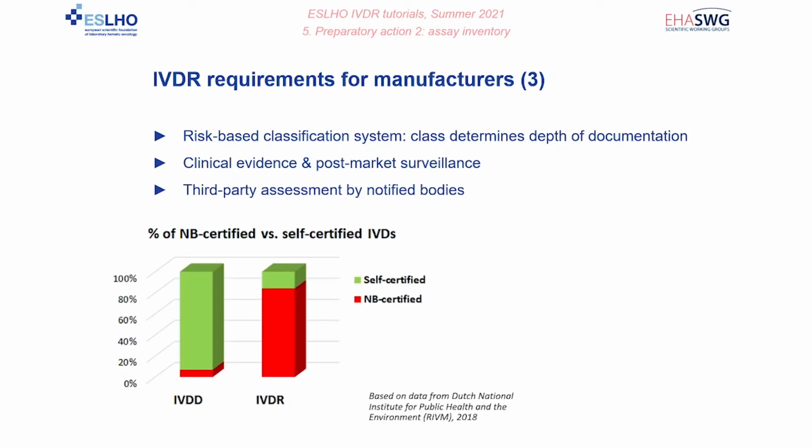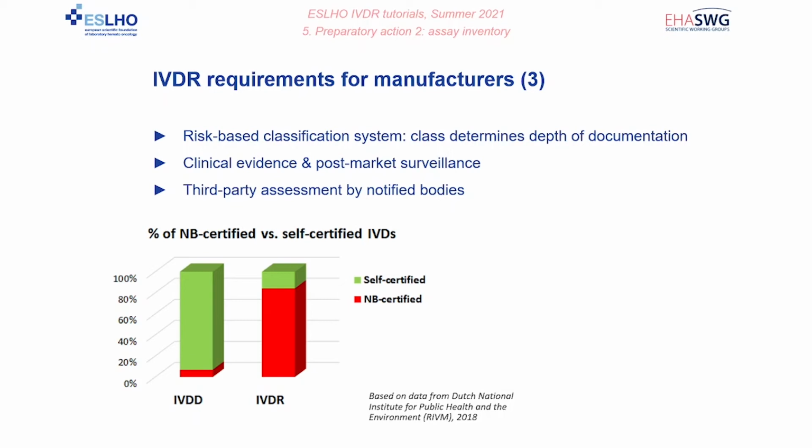And the third requirement, the third-party assessment by notified bodies. This one does not apply to in-house devices, as laboratories are only checked by their competent authority and not by a notified body. Notified bodies assess the files of IVD manufacturers. As stated before, under the IVDD, only a number of high-risk devices need to be certified by a notified body. All other devices are self-certified, meaning that when a manufacturer determines that all requirements have been fulfilled and all documentation has been generated, they can say, okay, I am compliant, I CE mark my device and put it on the